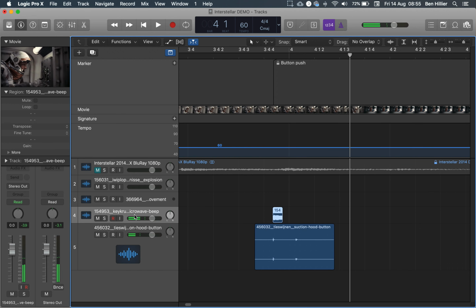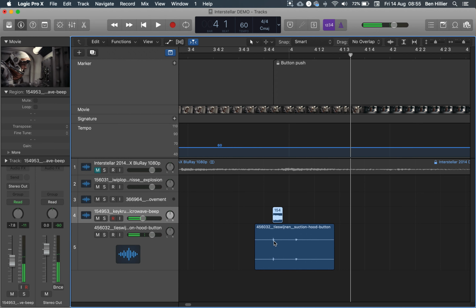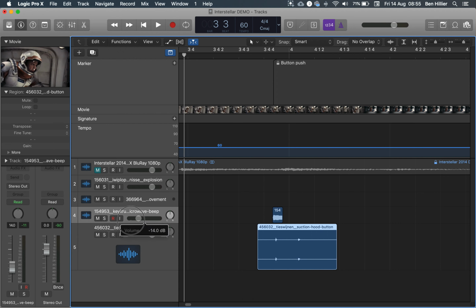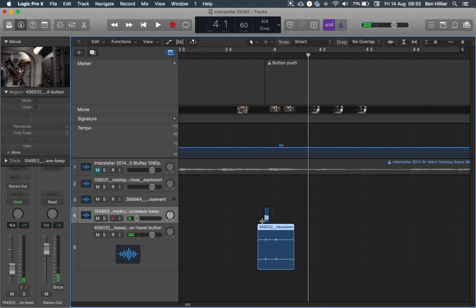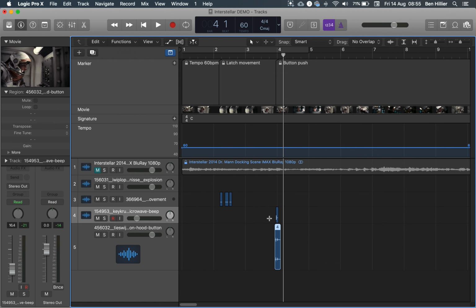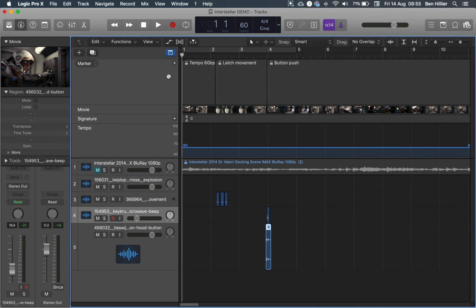Okay, the beep is too loud for my liking. I'm going to turn this down. We're getting there. It's getting a bit closer to being synchronized to the movement. I'm going to turn that down even more. Okay, that'll do for the moment. Now, we can replace all these sounds later on. The idea is to start putting together a picture of what's going on with the movie and get some kind of idea of the soundscape that these characters are living in. So what I would like